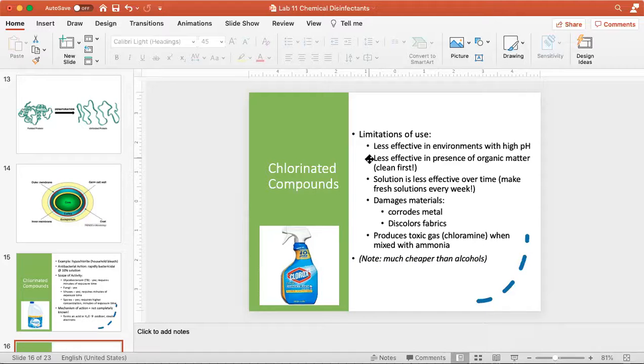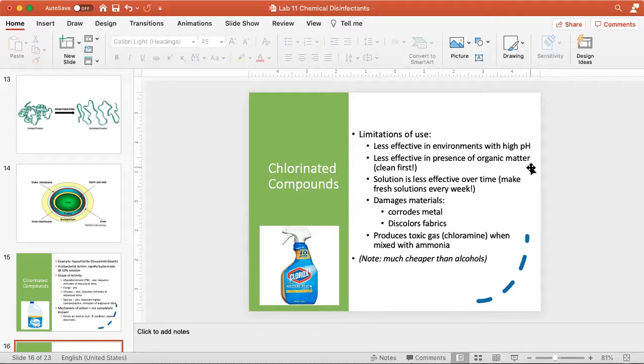We know that bleach is a lot less effective in the presence of organic matter. And remember, when I use this phrase, I'm talking about dirt, soil, old food stuck to things. If you're in a restaurant or a cafeteria and you're trying to disinfect a dishwasher, you have to make sure there's no old food stuck to surfaces in the dishwasher because the bleach won't be able to get through that and disinfect the metal.